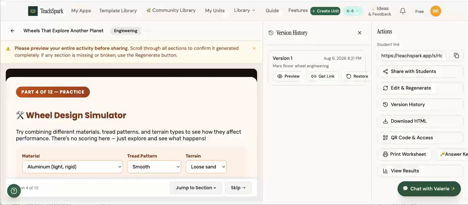Another quick video about TeachSpark. This one has to do with regenerating an activity. So I made a Mars wheel design activity, and I wanted to see what would happen if I regenerate it,